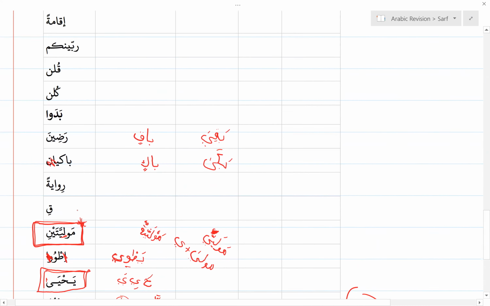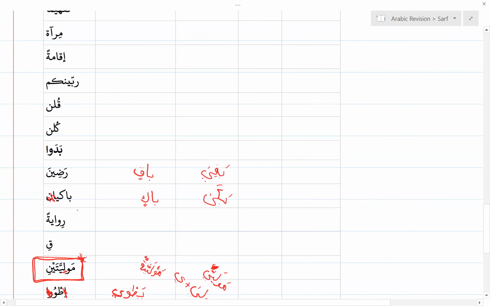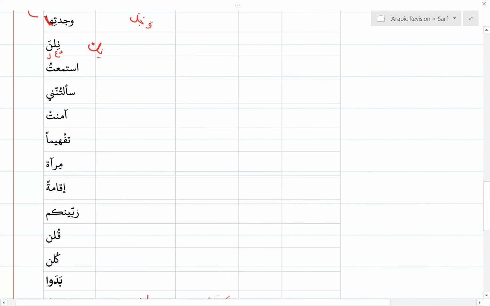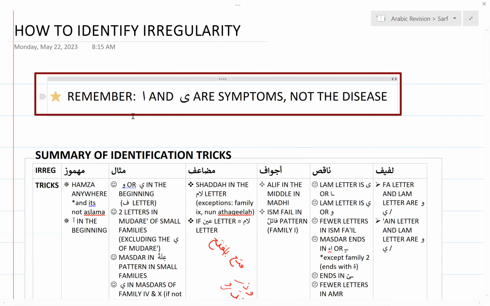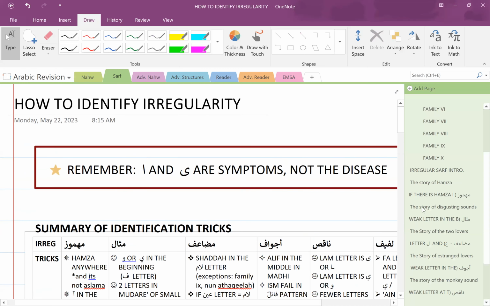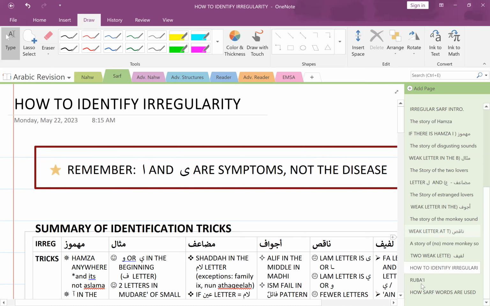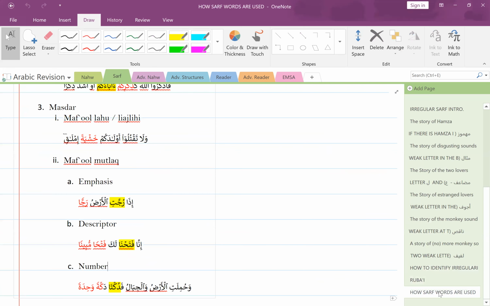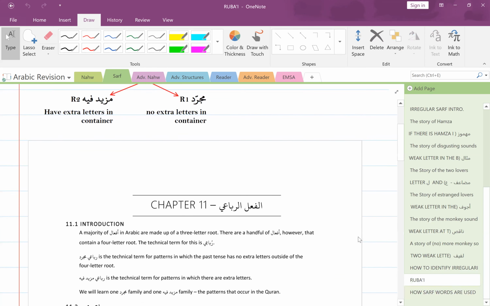All right. Any other pending questions before we end? Maybe next week what we'll do, because I think on Saturday what is left is just rubai. Rubai is a very, very short thing, so just one or two things left. And what I'll do is we can go through the workbook and just look at the naqis examples and try and figure them out. I think that would be good practice. Yes, that'd be fun.